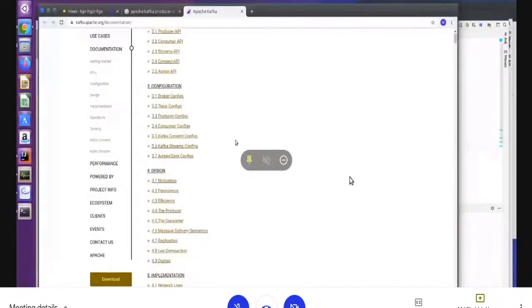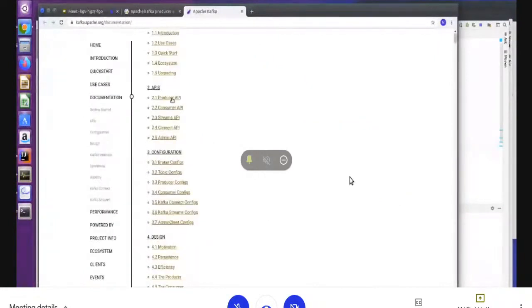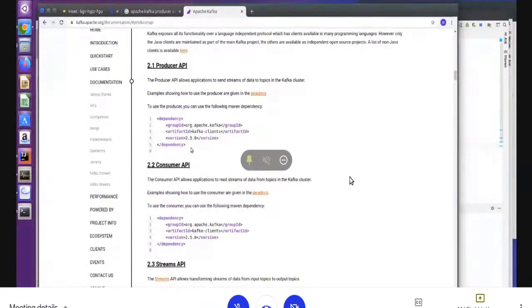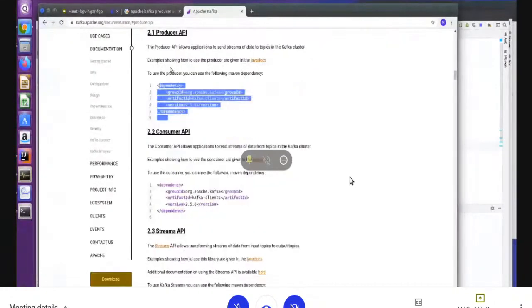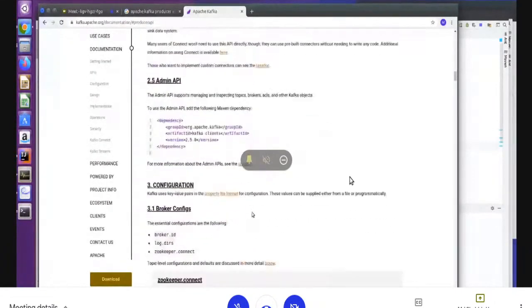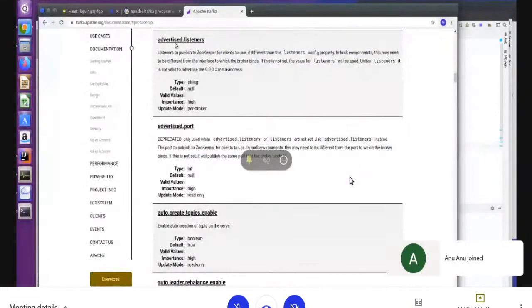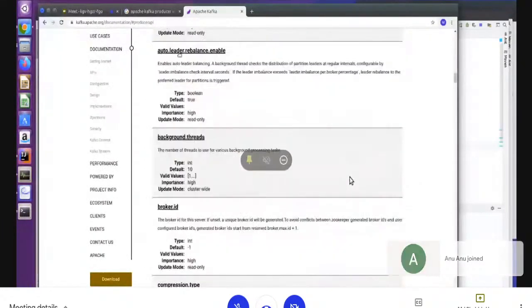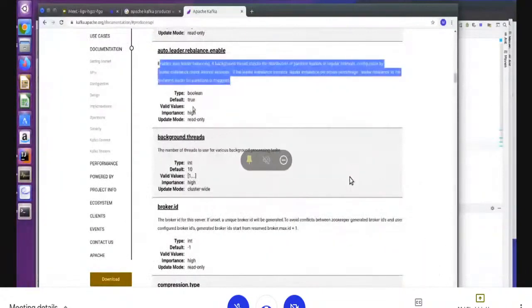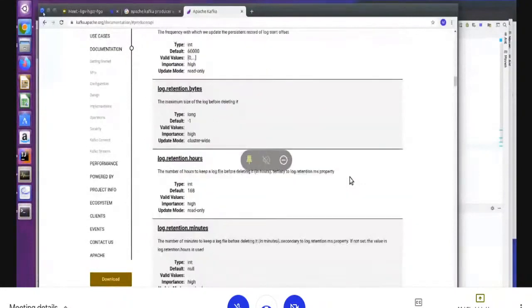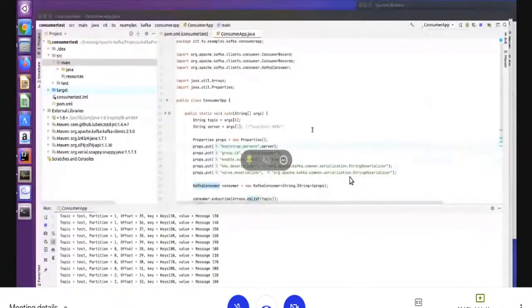You can see here, right? You will get a lot of information from here about what parameters you have to use. See, this is the dependency I have added from here, right? This dependency in the pom file I have added. You can get all the information related to this API that you will use, and the parameters, what the meaning of these parameters is, what the value is. You can explore it, right? This is the information I have told you. So this is the way I have created my consumer application.